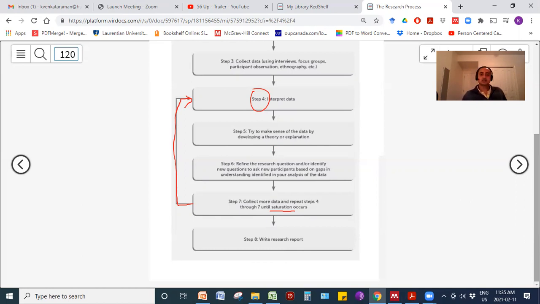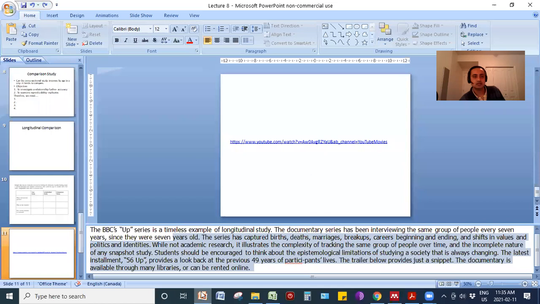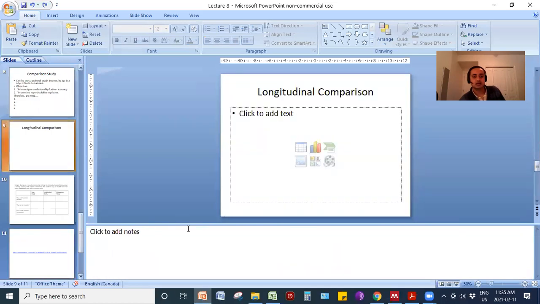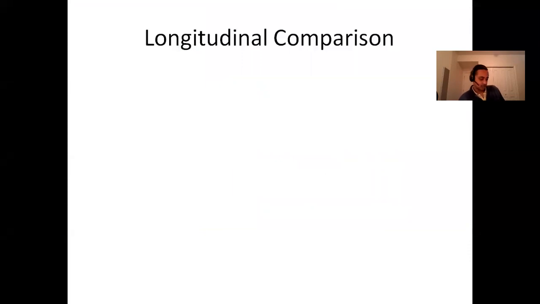But other than that, what we'll do now is go back to the slideshow from last time. We spoke about longitudinal comparison. I think that's where we stopped. And I think we made the example of longitudinal change, something over time, let's say